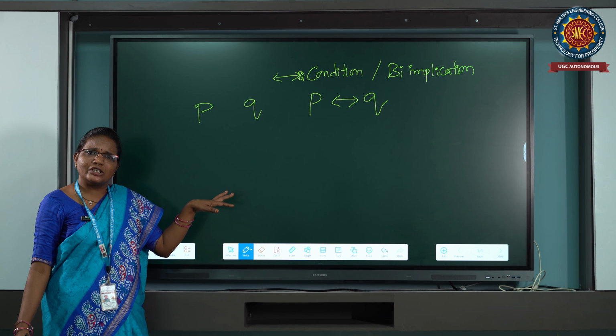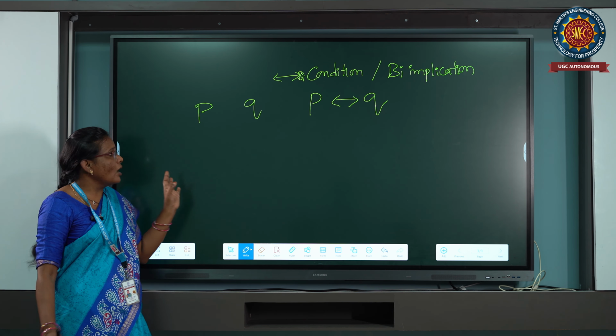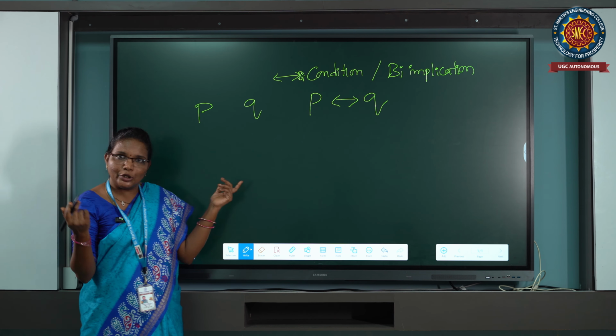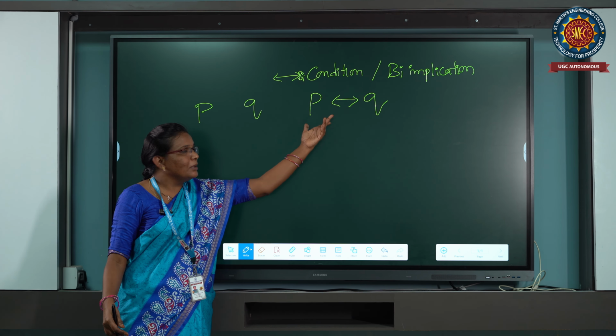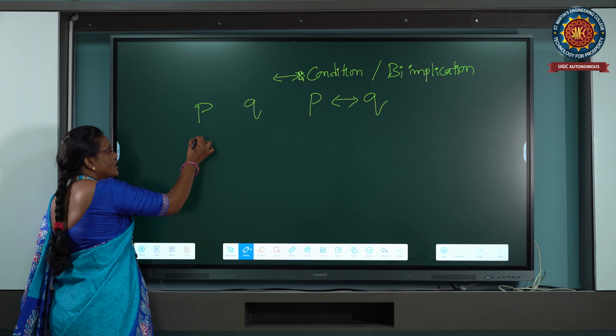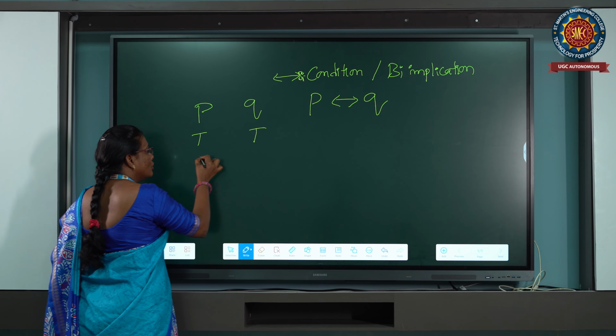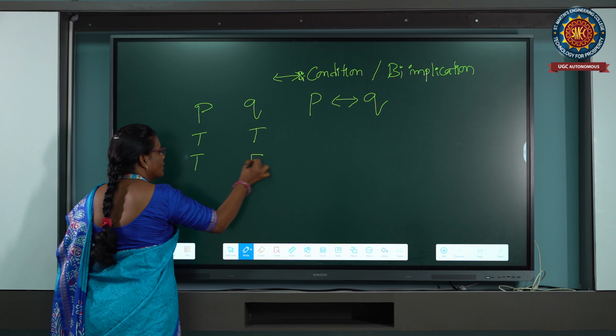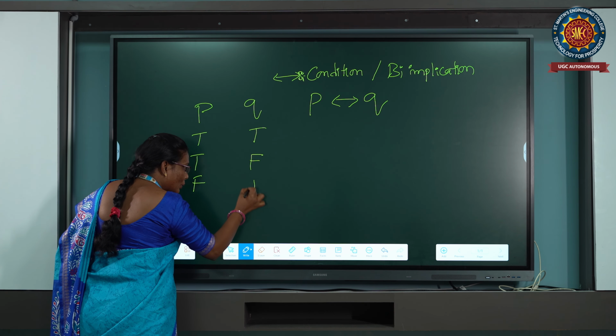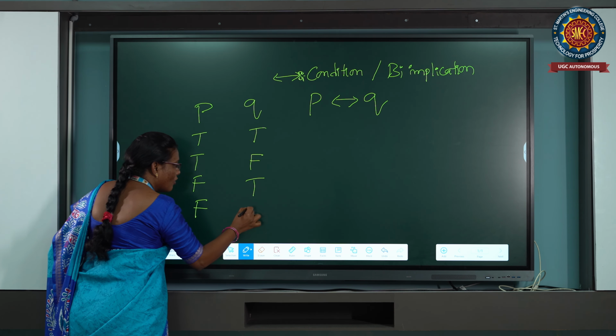Now how do we construct the truth table for this? I am taking the two variables p, q, and the result p biimplication q. I am taking the values true true, true false, false true, false false.